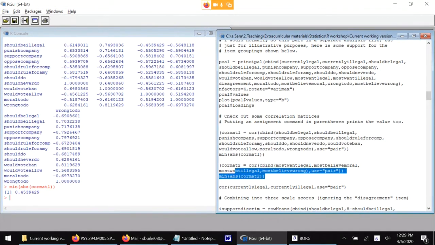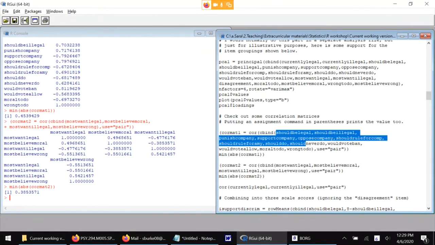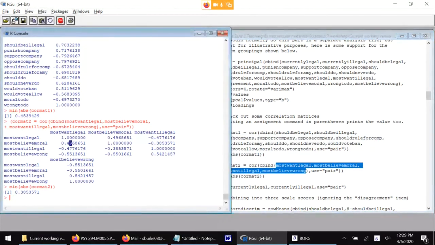I'm also going to look at a similar kind of correlation matrix for these other items about what most people believe. So these ones are all what the participant believes. This is what the participant thinks most other people believe. There's fewer of these items, so I can just scan all of the correlations right here. There's only 6 of them. But I can also run this same minimum absolute value